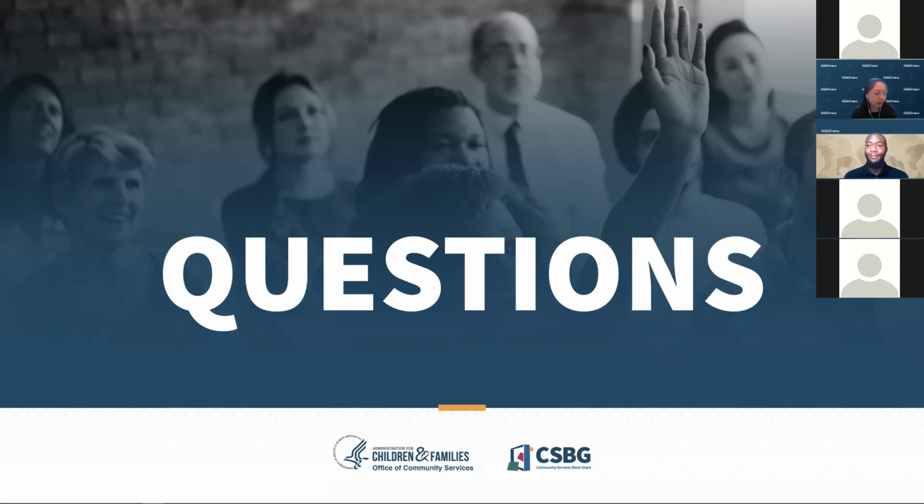Thank you. All right. I think those are all of the questions that came in. I'm just going to double check the chat to make sure I didn't miss anything. There is one. So this has to do with, if a state has a 2-year plan and there are goals that have been achieved in the first year versus the second year, do they need to address goals that had already been reached in year 1 of a 2-year plan?